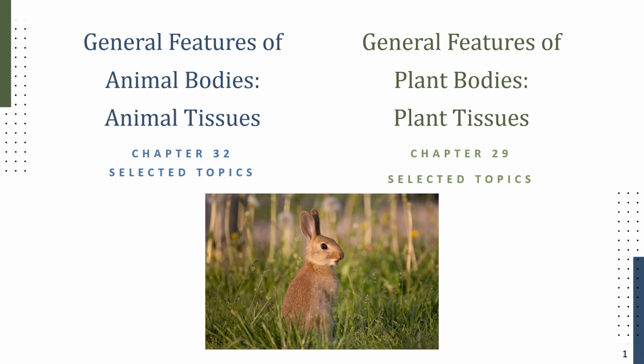Especially when we get to plants, because plants are probably a little bit less familiar to you, there's a little bit more background information. And again, especially for plants, when we start looking at the microscope images and things like that, some of the cells are going to be a little bit harder to distinguish. So it'd be a good idea if you had a general sense of what the structure of some of these plant tissues might look like. So we're going to go through the 4 different types of animal tissues and 2 different